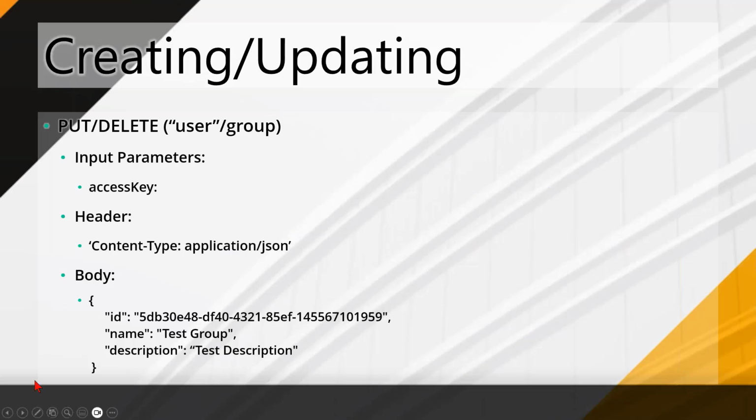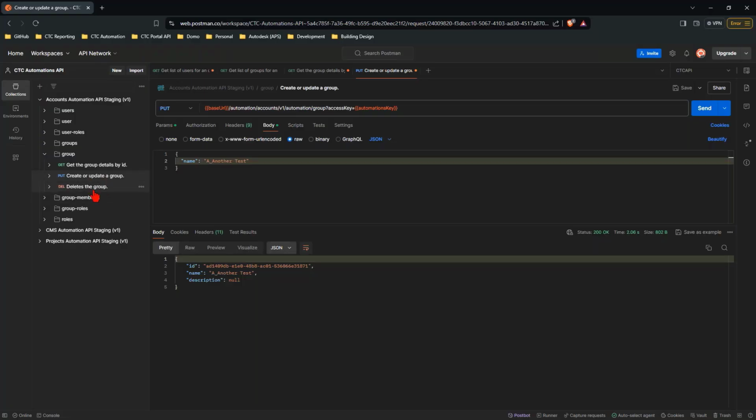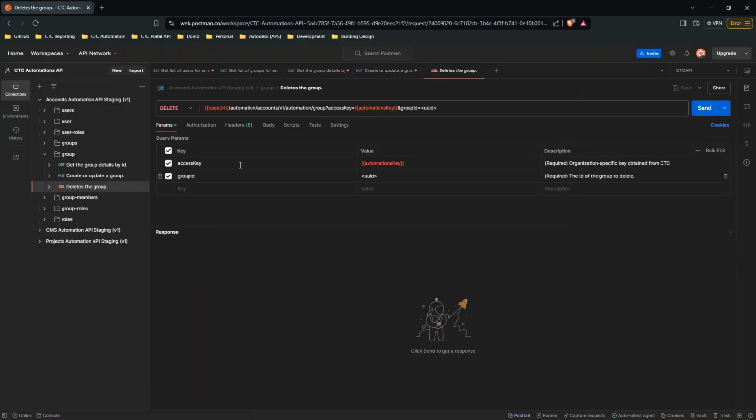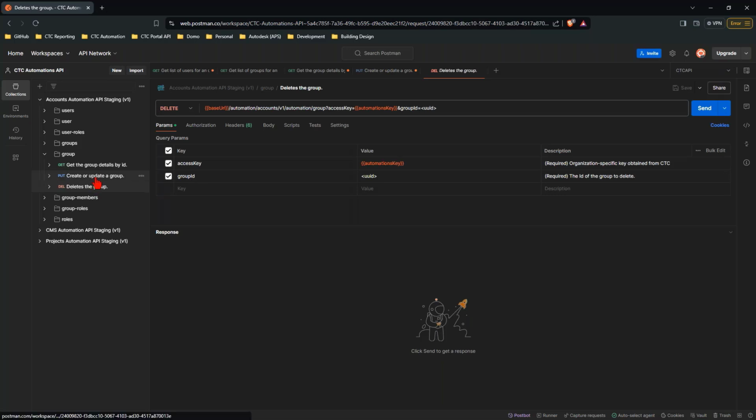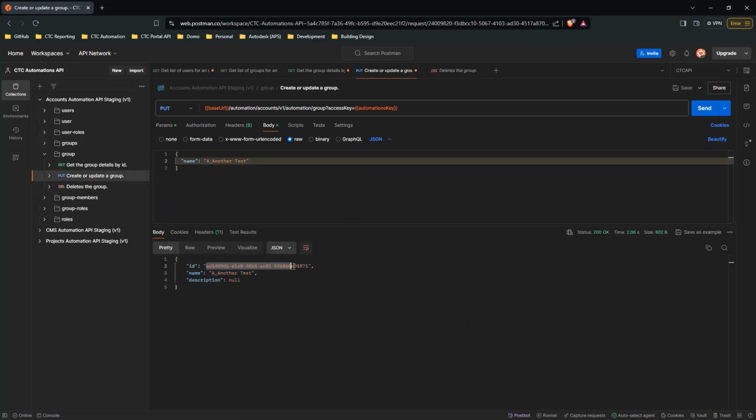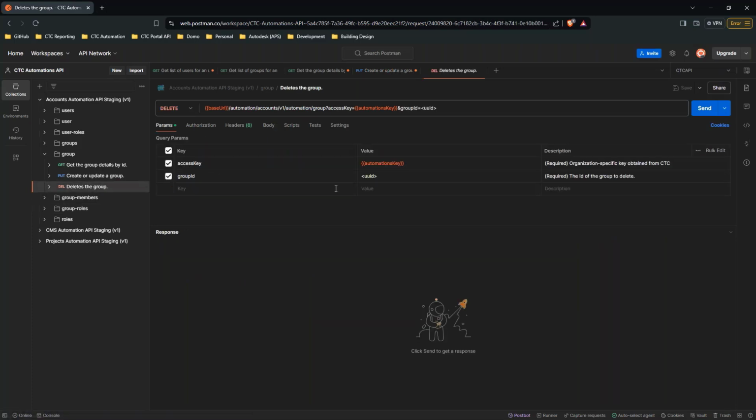Okay, so yeah, that's a put. Or a delete. The delete, again, let me just show this one more time. The delete deletes a group. It just asks for a group ID. There is no body in this case. There's no extra data about that. It just asks for a group ID. And if I was to take this group ID right here, copy it, and just delete that right here,